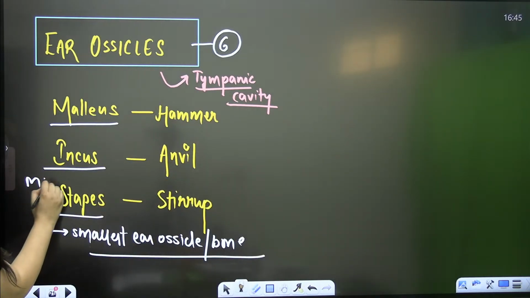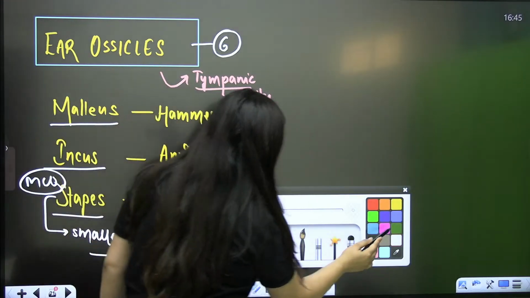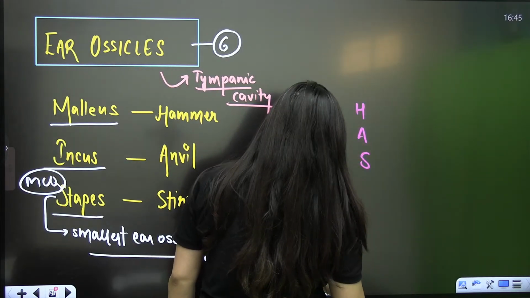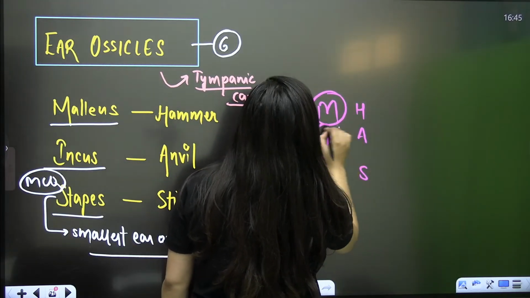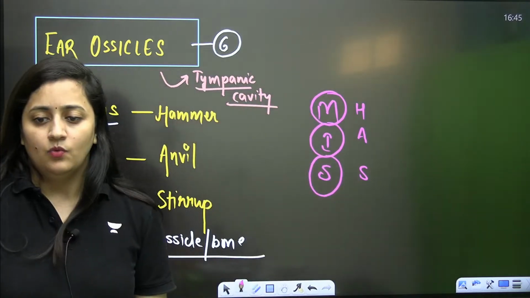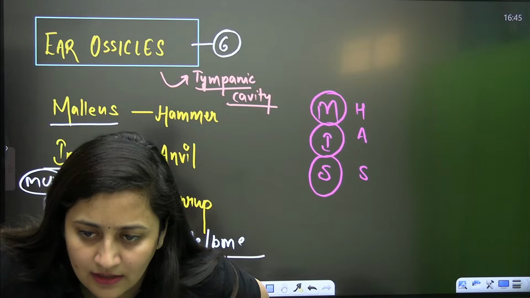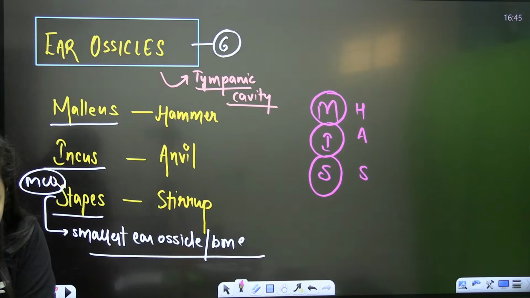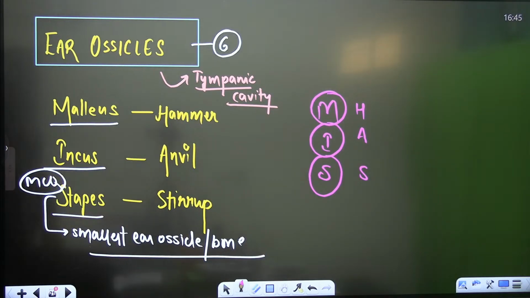Another important MCQ. Right? So here for the ear ossicles, my trick is "miss has." What's my trick here? Yes, Bache, Abisha, Rahil. It is "miss has." Everyone here in the class, please revert. It is "miss has."